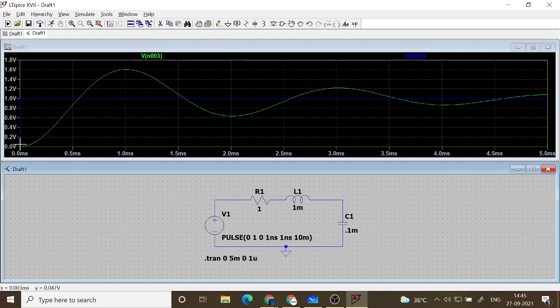The input is suddenly changing, and then the output, which is the voltage on the capacitor, is trying to go to 1 volt, but it overshoots. It goes beyond 1 volt. In fact, it goes to 1.6 volt, and then from there it comes down, but then it goes under 1 volt, to around 0.62 or 0.64 or something like that, and then again it goes up and comes down, goes up, comes down, and ultimately it converges to 1 volt.